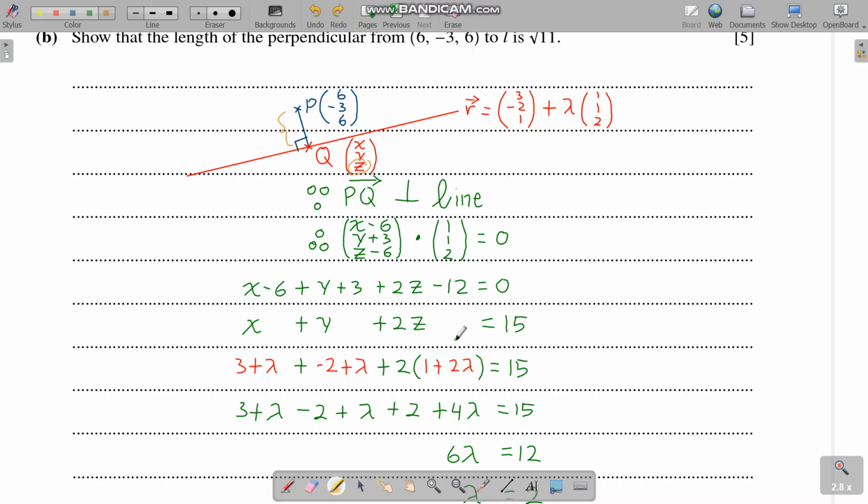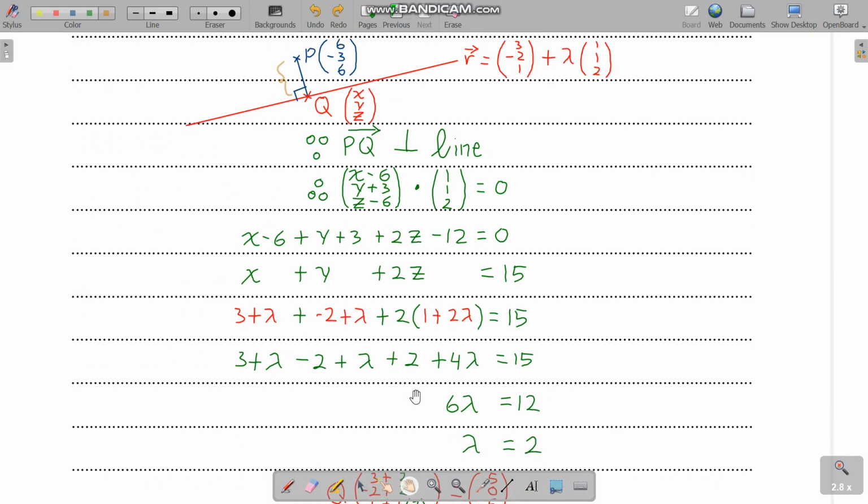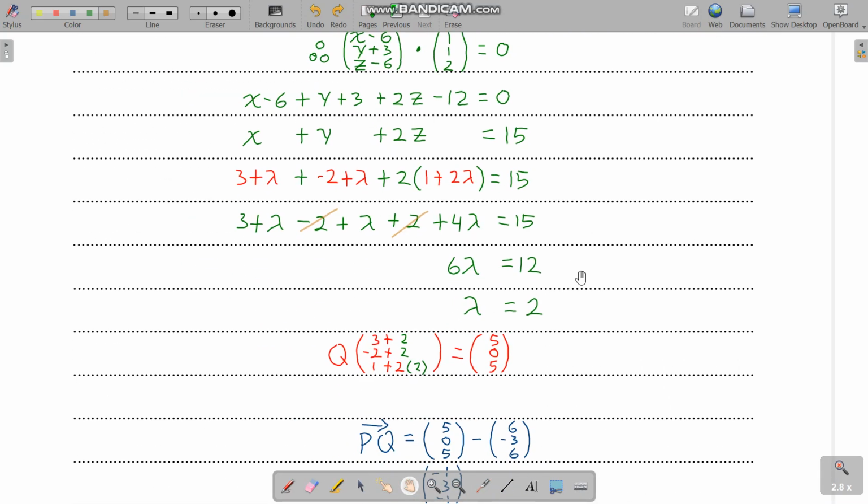Okay, we have everything in lambda. Now we can find lambda. So this is 2, this is 4 lambda, 1 plus 1 plus 4, that is 6, and 2 minus 2 cancel out. Move the 3 to the right, so minus 3, we get 12, and divide by 6, we get